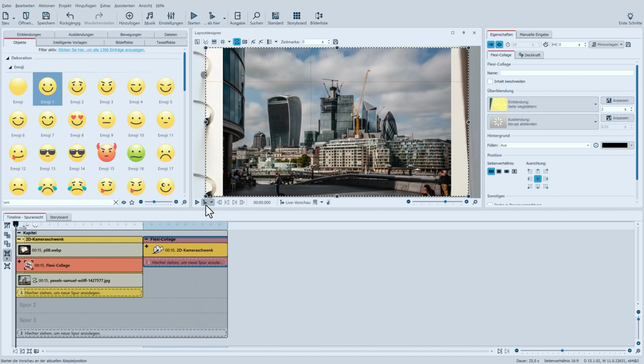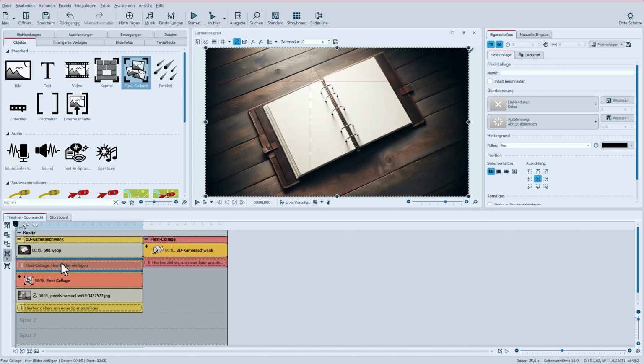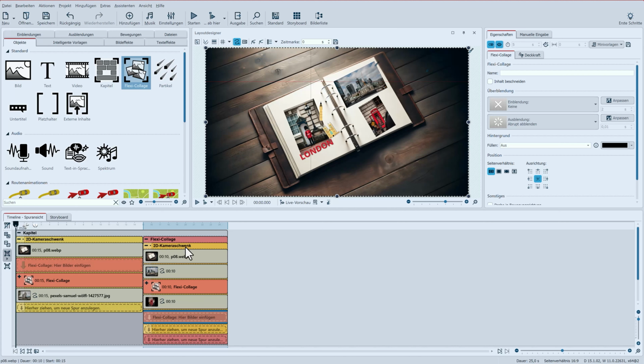And one last trick. If you now want the first double page to start in the long shot, you can achieve that with a Flexi-Collage effect. What I do is simply place an empty Flexi-Collage layer under the first page, which means this is now a swivel position. And I can do the same if I also want to show the entire structure one more time at the end of my second page in the long shot. Then I'll also place an empty Flexi-Collage layer at the end. I'll play it again straight away in full